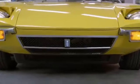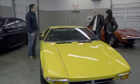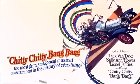How long have you been into cars? Since about 5 years old. Jesus, yeah, you started early. Well, most kids, it bites you early. Tell your inspiration. No, you're gonna laugh at me. Come on, do I need to tell her this? Thanks, Chris. Yeah, well, Chitty Chitty Bang Bang was the first movie I ever saw, and for the first